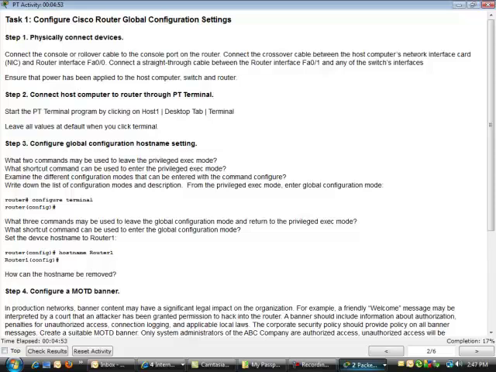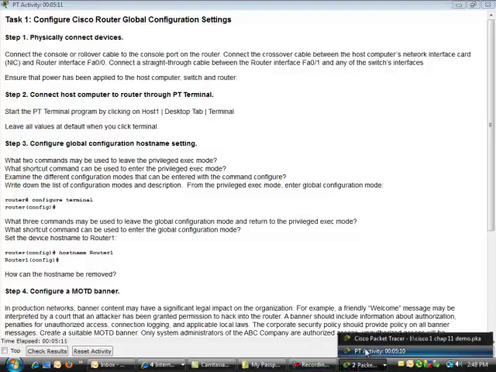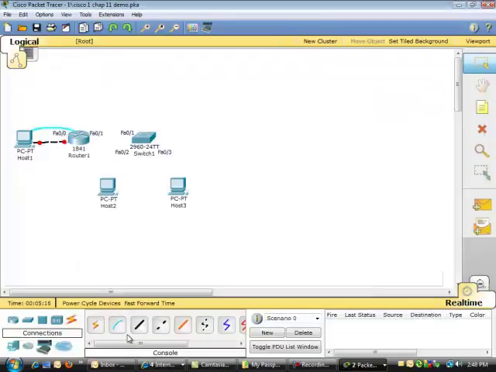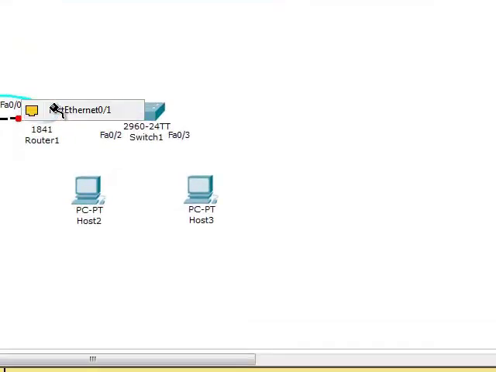Now if they tell you a specific interface to use, you've got to use exactly that. If they tell you how to type something in, where it's words that get saved out there, you've got to type exactly the same. Upper and lowercase is significant. So now I will go back and connect a straight through cable from the switch. So now I'll choose the straight through cable, and I'm going from FA0/1,